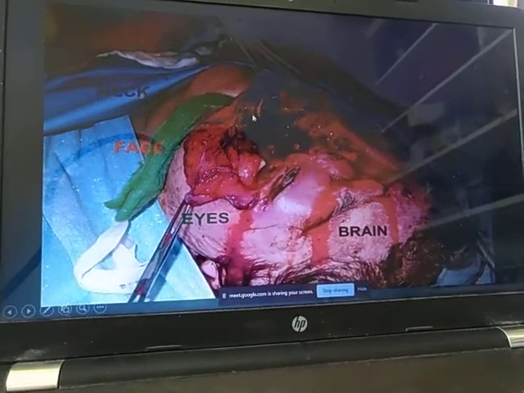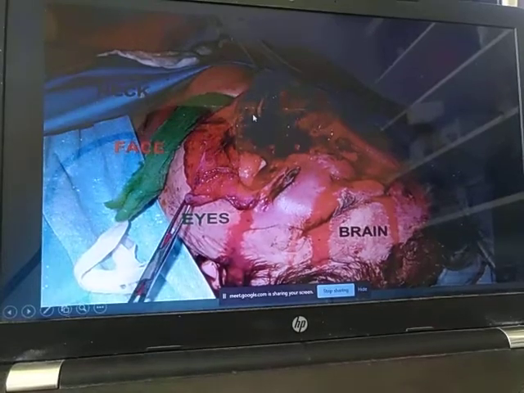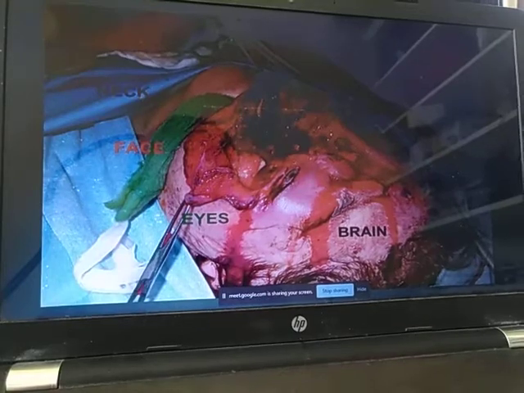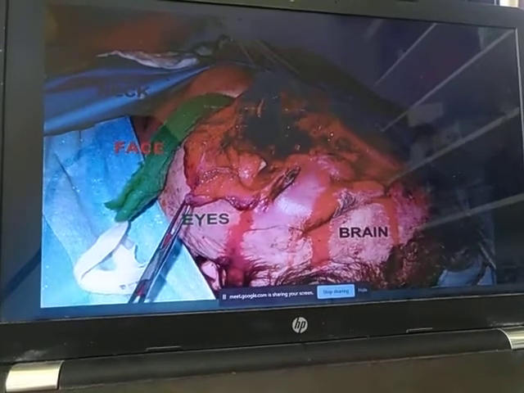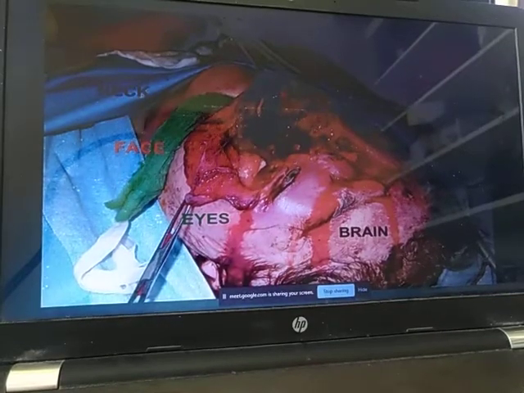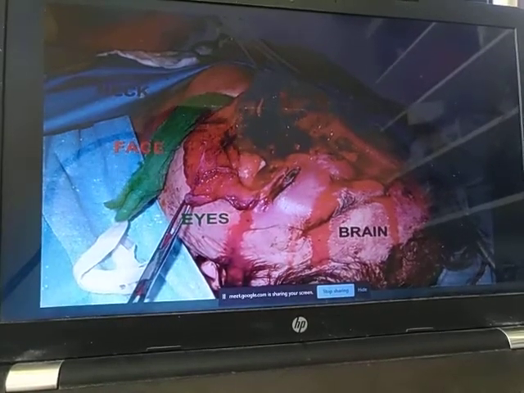And then comes the face. We'll see if there are any lacerations, if there are any fractures. We'll feel for crepitus or step deformities or mobile segments. We'll also check the CT scan to do a radiological evaluation to aid in our diagnosis, and accordingly we'll manage the patient.